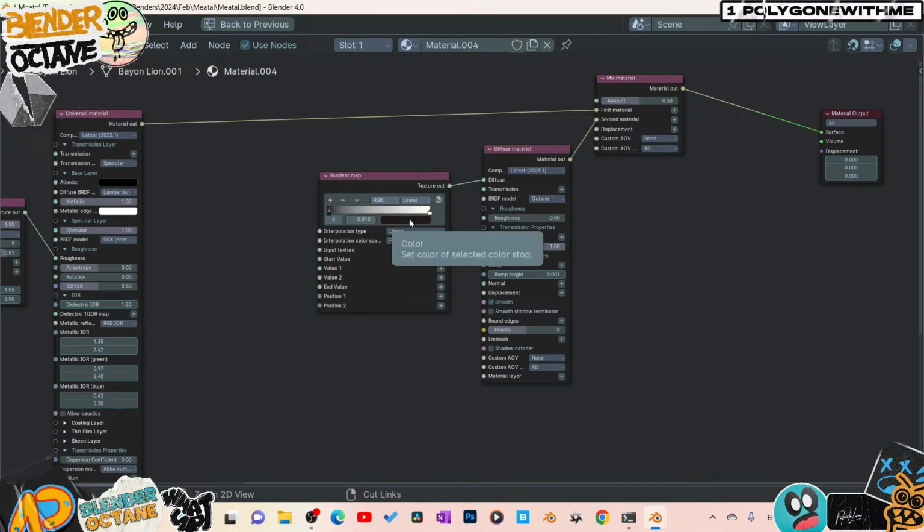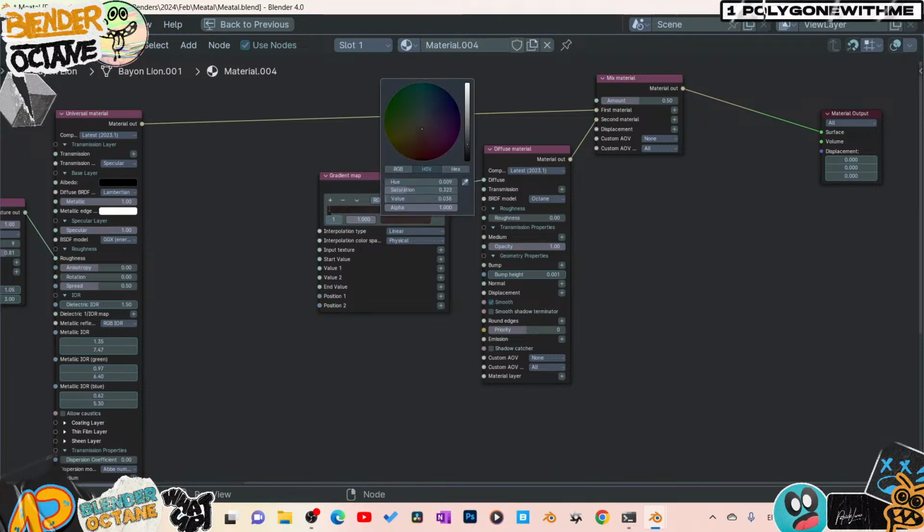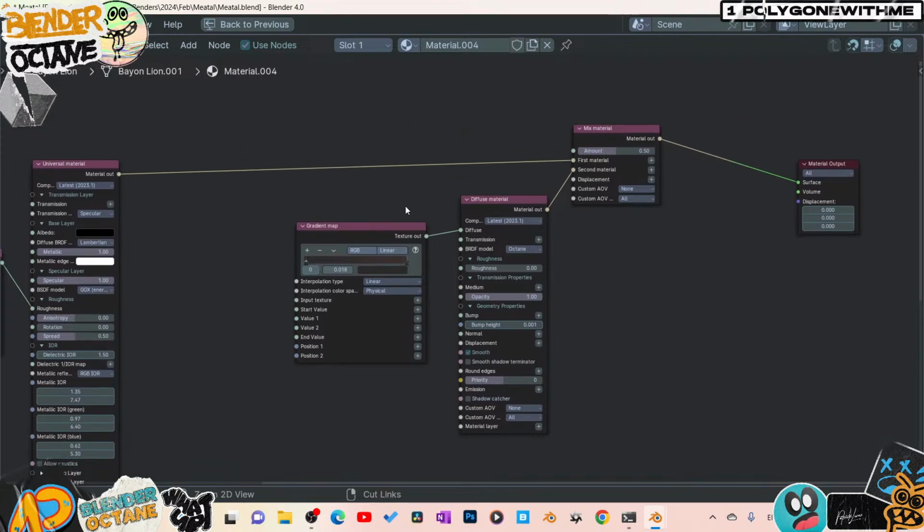I'm gonna copy this, go to this guy, paste it, and I'm gonna lighten it up a little bit more. That. So we just got this. I think this one is still a little bit too dark. I want this to be a little bit more gray, like a flat gray. Okay, I like that. So now what we're gonna do,